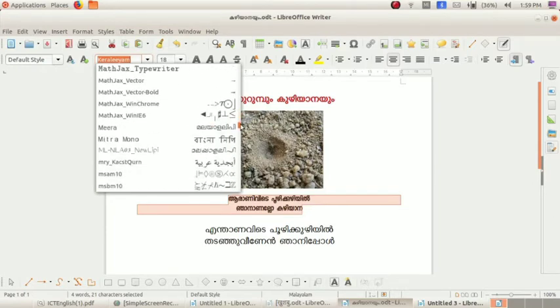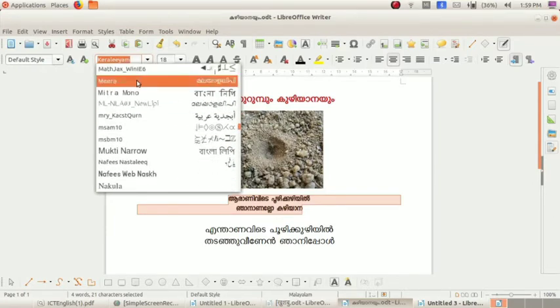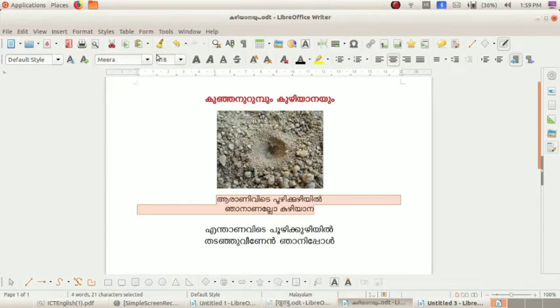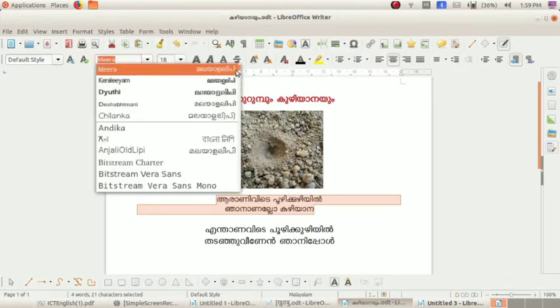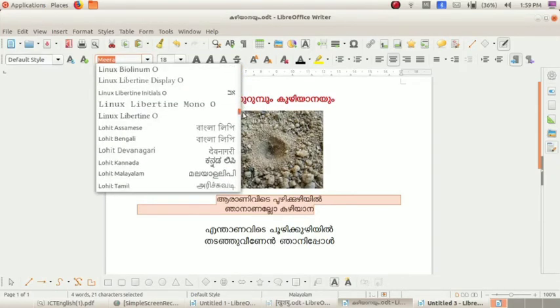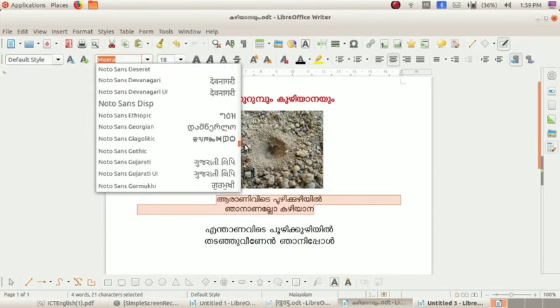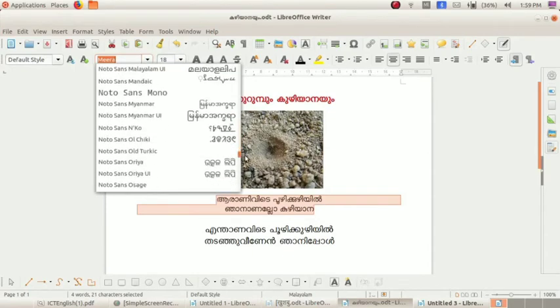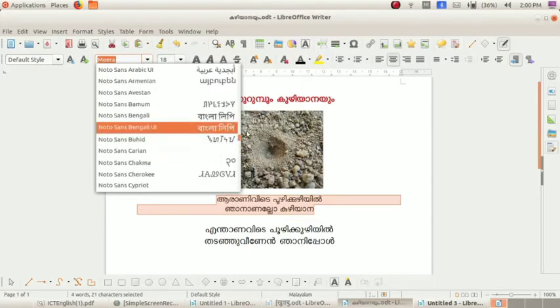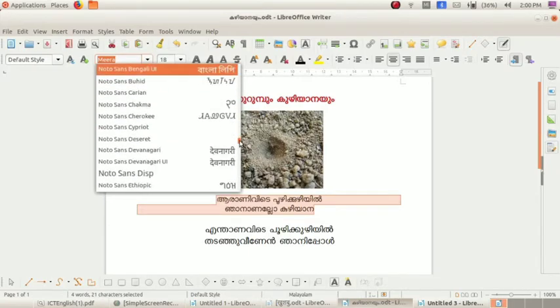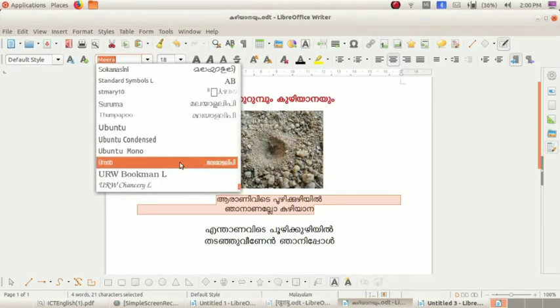Then Meera. Okay, Meera. Likewise, there are a lot of Malayalam fonts. Okay, you want to collect the names of Malayalam fonts. Okay, that is your first assignment. Write the names of Malayalam fonts.